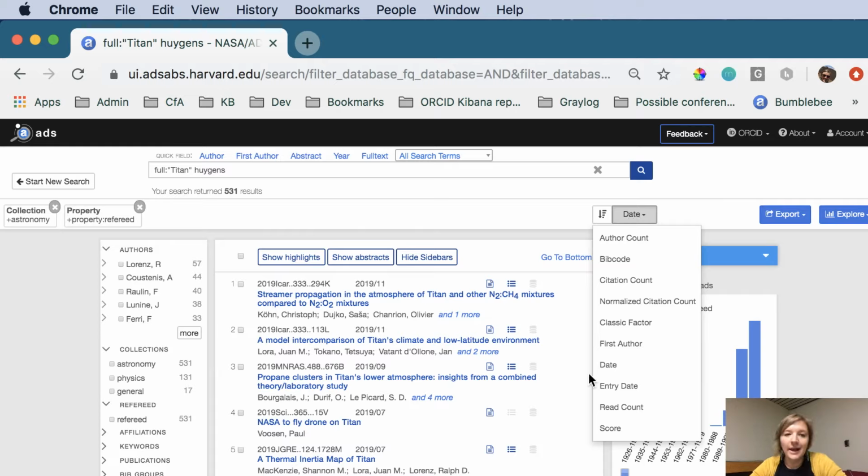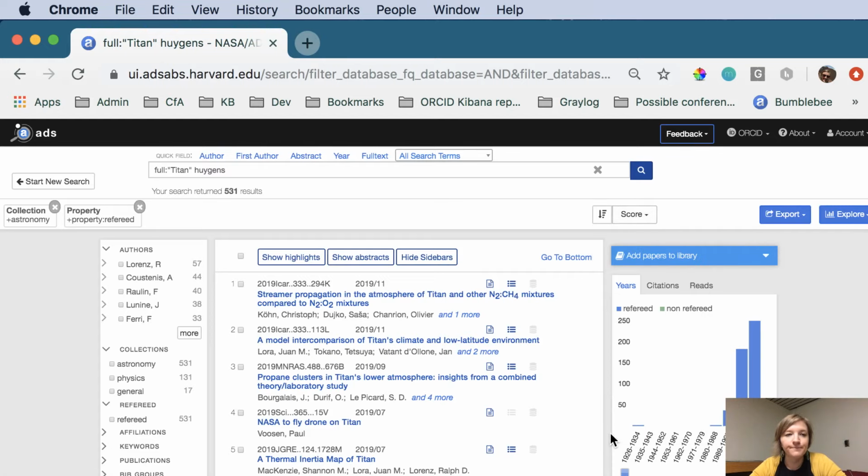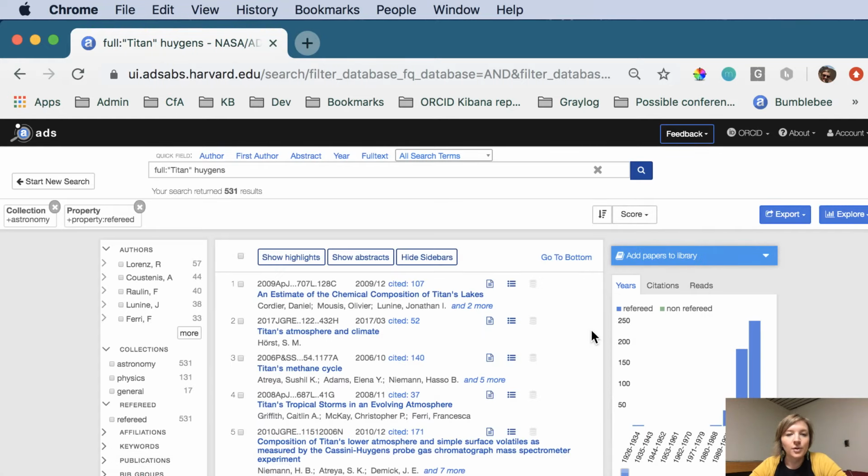If I want to make sure that my papers are matching both Titan and Huygens as best as possible, I could do that highlights thing again, but what's actually going to work better this time is if I sort by score. Sorting by score means that all the papers at the top have as much to do as possible with all of your search terms. So these are the papers that best match all of your search terms. I can go look at one of these,